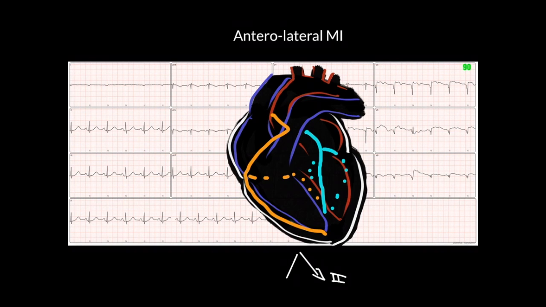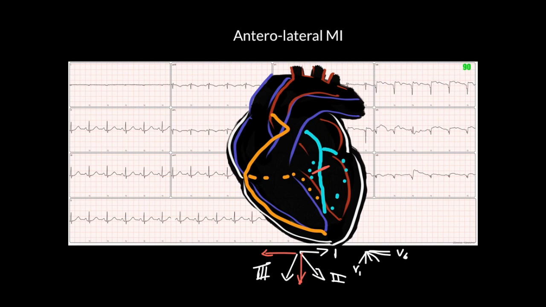So if we draw out the direction of the leads, first the inferior leads and then the two lateral leads, then as you remember, the V leads come towards the chest wall. So if we consider an obstruction of the left anterior descending, which would be occurring approximately here, and would affect the anterior aspect of the heart and therefore change the anterior leads. These anterior MIs can be the most devastating because they affect the left ventricle and a large proportion of the